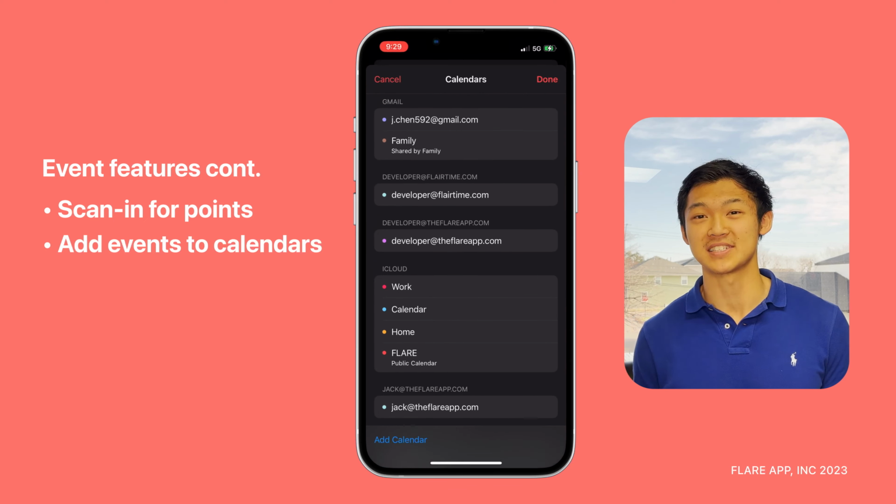You can also create group chats within the app, and group chats on Flare are a lot more secure than GroupMe for a number of reasons. So first of all, as an admin, you can remove any message or photo within the chat permanently, and it's completely gone. You can also clear all the messages within the chat without deleting the chat. So if you wanted to start fresh, you can easily do that.